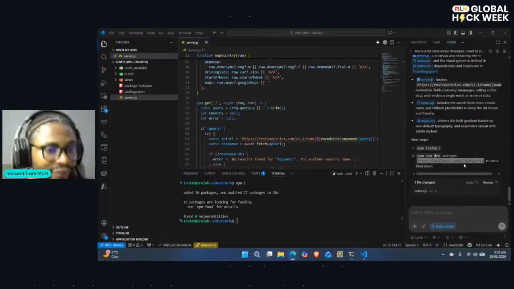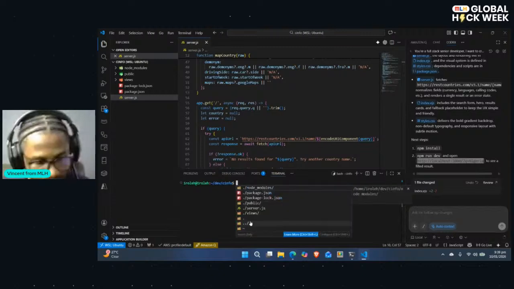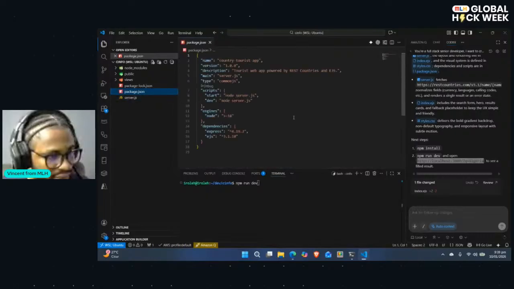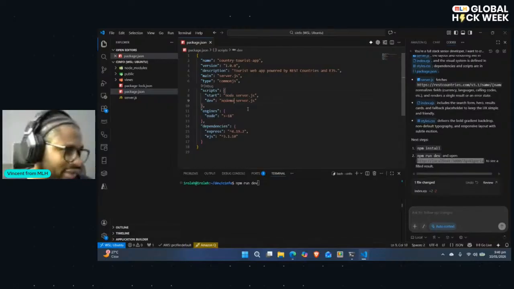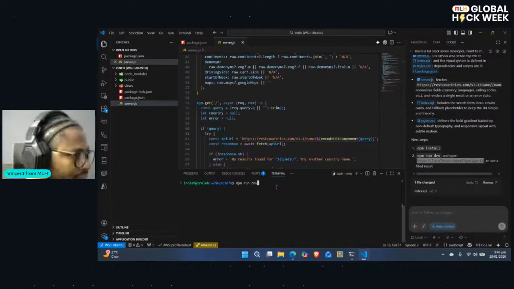Okay, so I don't like what it's doing here. Let me start it first, so I can run npm start or npm run dev. I think it's configured there for me. Sorry, npm run dev. Is it using nodemon? Yeah, it's using node. Why are you using node and calling it dev? I just pass in nodemon there. I have nodemon installed actually, so I just pass it in. Anyways, I just run npm run dev.